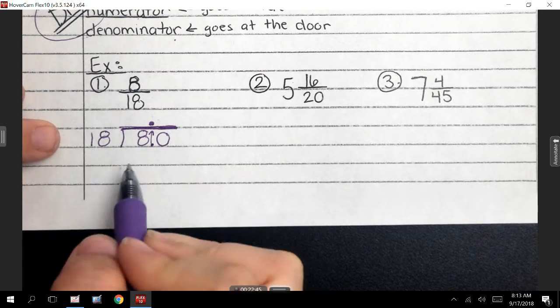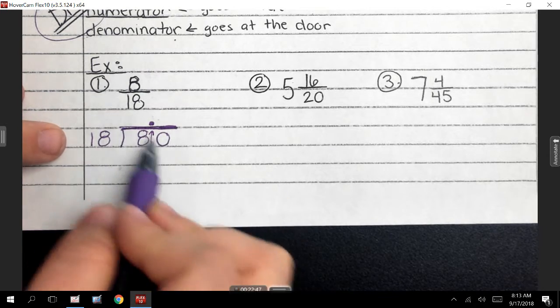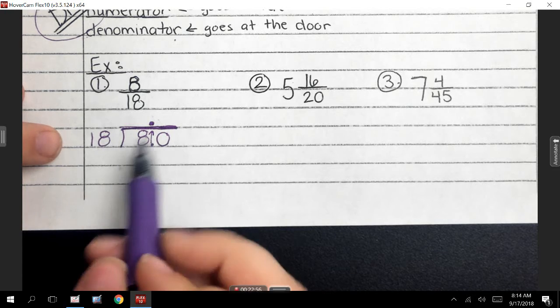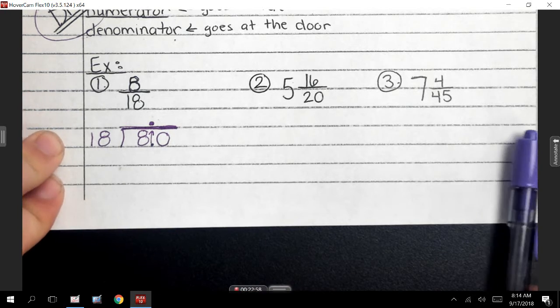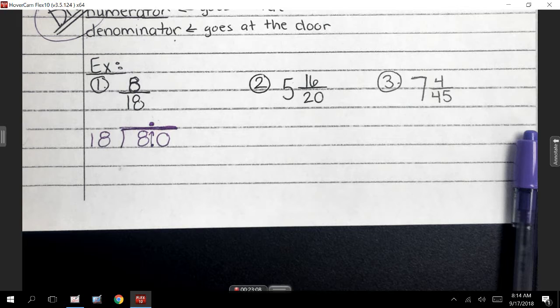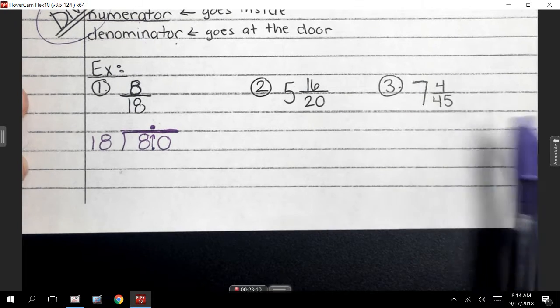All right. So let's look. Are there any questions right now on how I set this up, where I got the 80 from? Any questions about that? All right. So we have 18. How many times will 18 go into 80? Joseph? 4 times, okay? So I'm going to go over here to the side because